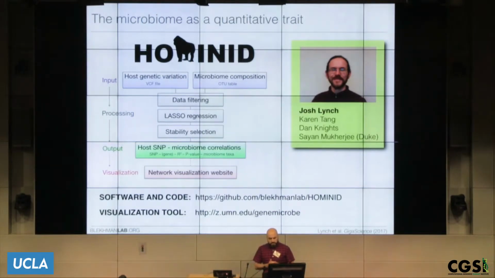And I don't have any other slides on that, unfortunately, but the software and code are all available on our GitHub. And then we also developed a visualization tool where after you run hominid and you have a list of these microbe gene associations, you can upload that into the visualization tool, and then you can visualize this using a network visualization approach where you can add genes, reduce genes, change the cutoffs, and then basically change the